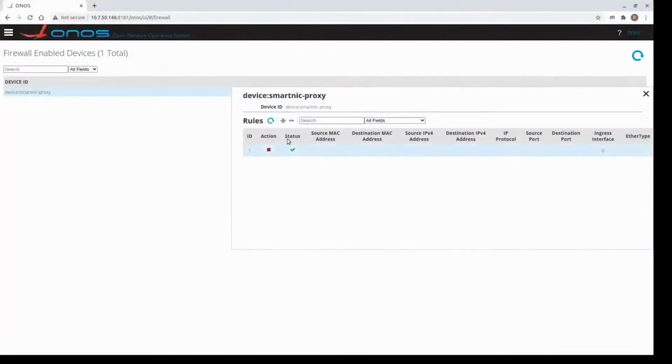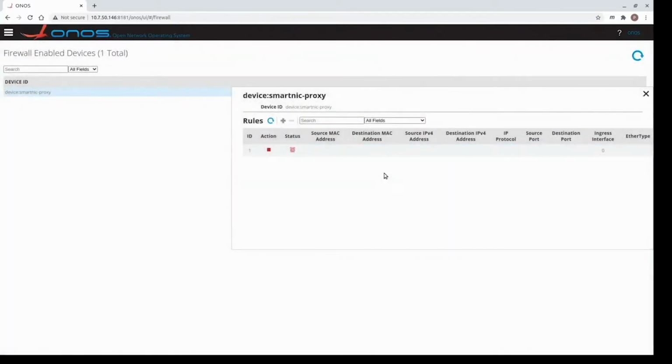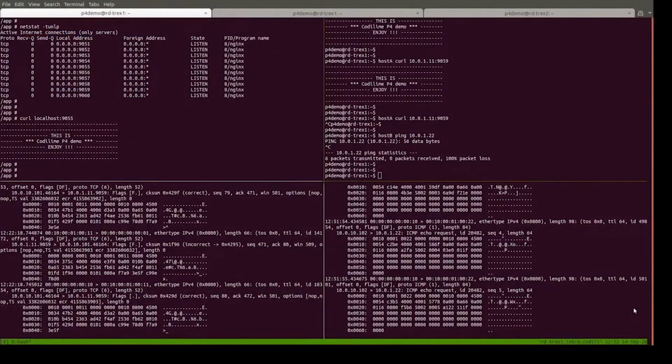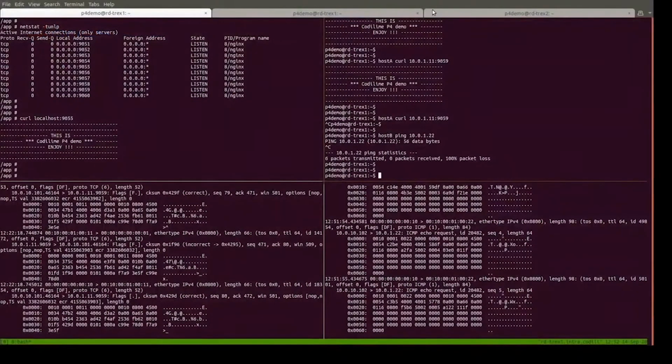So instead of plus, you need to click minus. And after selecting the rule, just click OK and wait for synchronization between the front end and the back end of this component in ONOS. So now let's take a look at the firewall database. Yes, there are no rules. We have removed the previous rule,